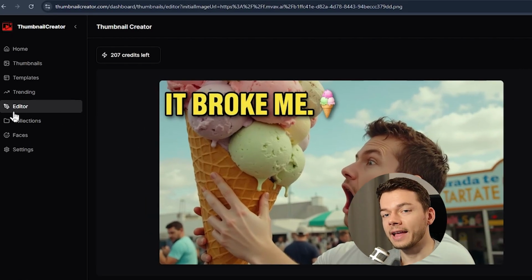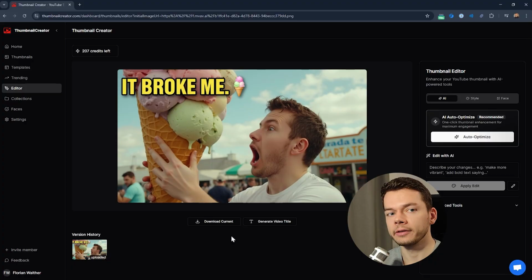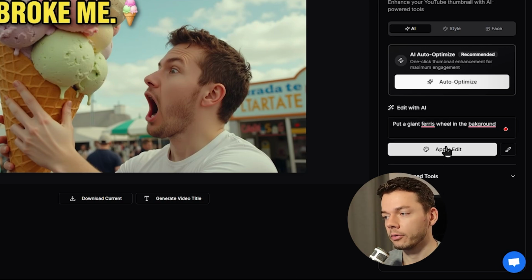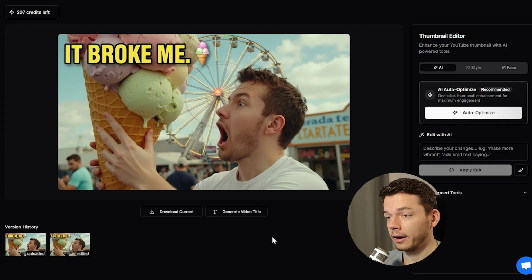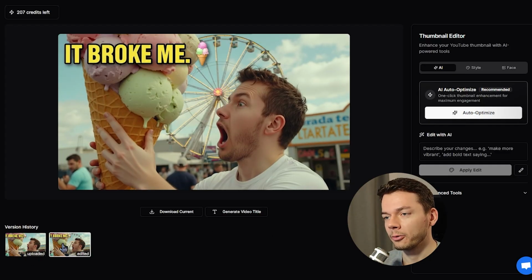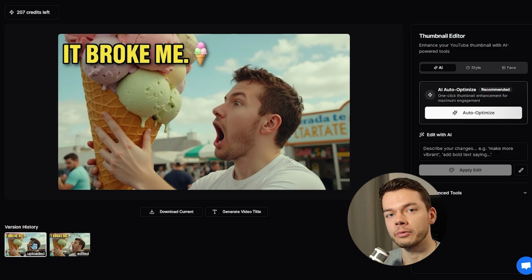Now we are in this editor tab, which is the most versatile tool of Thumbnail Creator. Here we can, for example, give the AI instructions for changes to make. Let's give this a try. I tell it to put a giant Ferris wheel in the background. And voila, the thumbnail is still exactly the same, but now we have this Ferris wheel in the background. Isn't this cool? But actually, I think it's too distracting, so here in the version history, we can go back